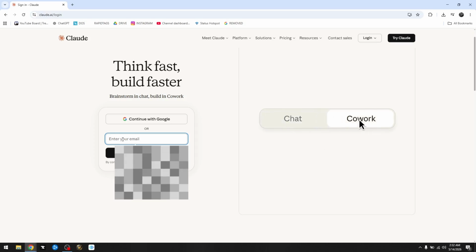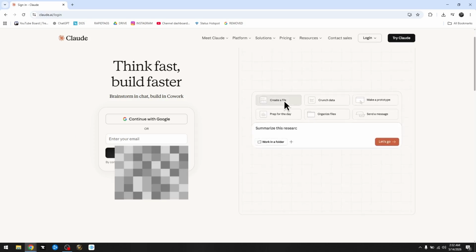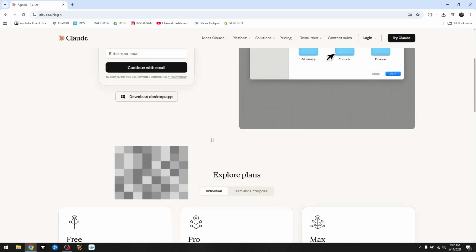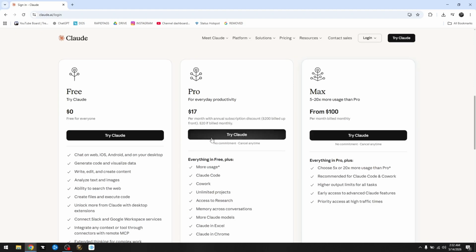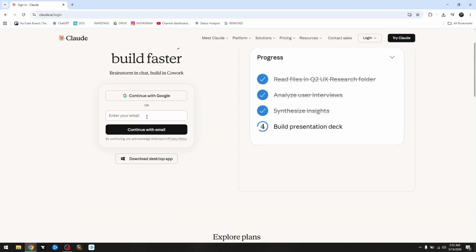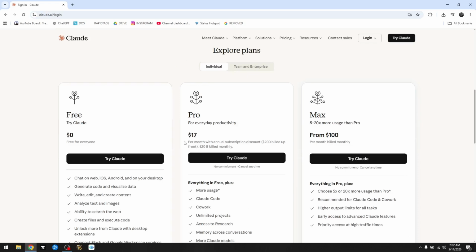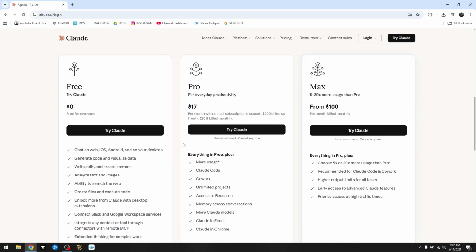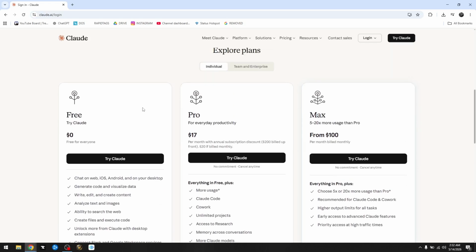your working email address and then choose Continue with email, and then Claude will provide you an OTP, or one-time password, for you to verify the account and then have it pasted here so that you can successfully create the account. Once you log in, you can go ahead and maximize the features of Claude AI by checking out their